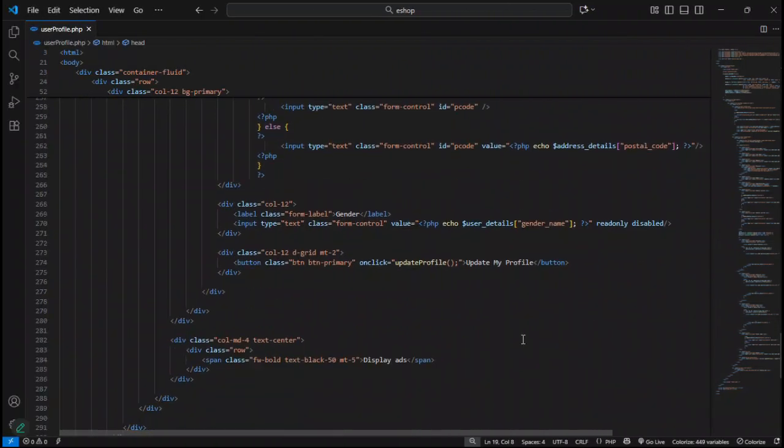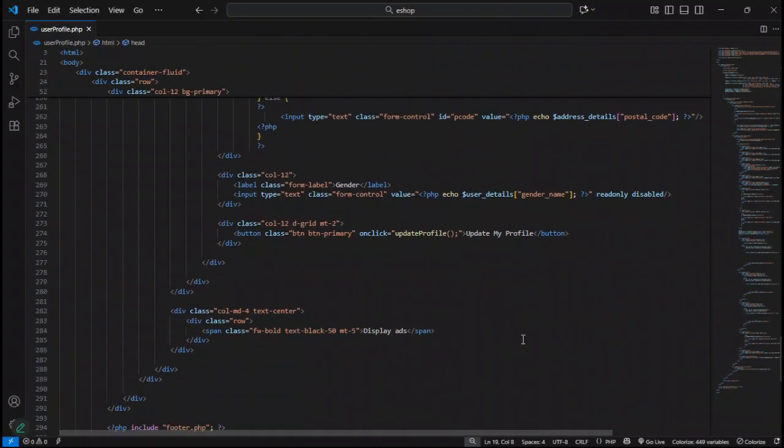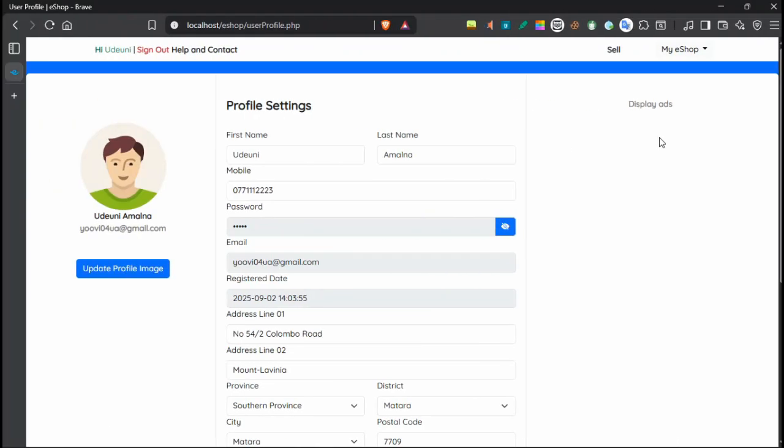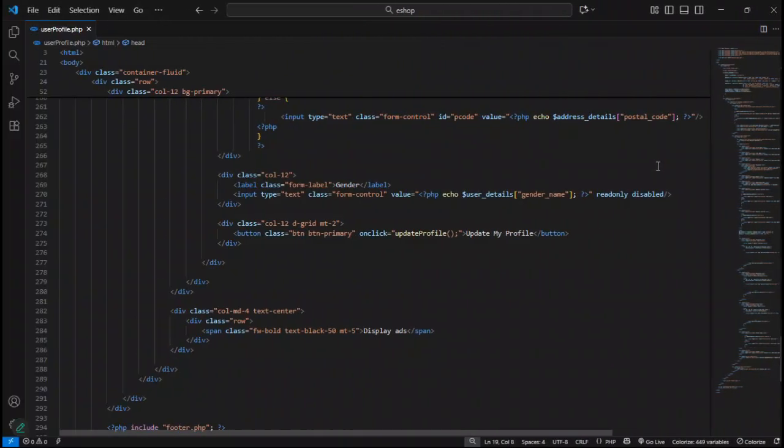Now let's move on to the third column, which is a small sidebar area on the right for ads and extra widgets. Now let me show you a preview of this too. As you can see, the third column is located on the right for ads. Each of these columns uses Bootstrap's grid classes like col-md-3,